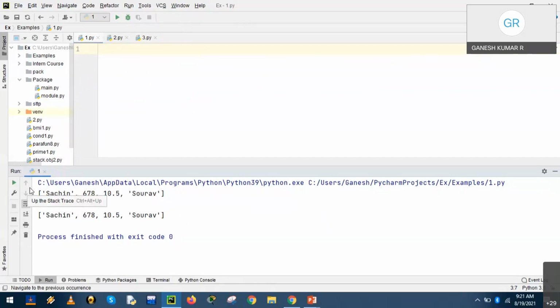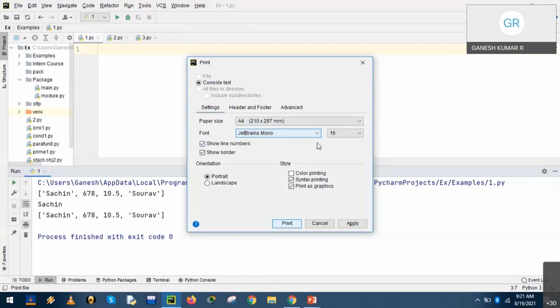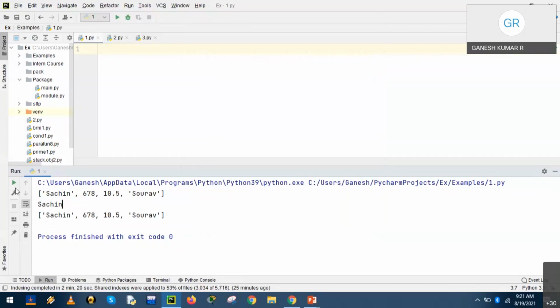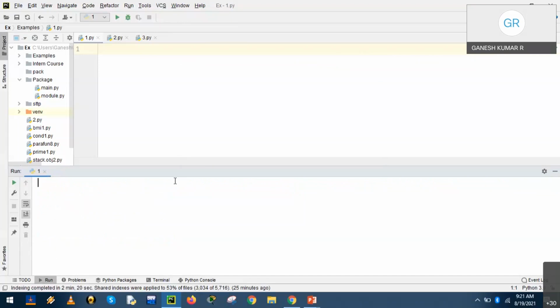Can you notice the upward arrow, downward arrow, and word wrap? We have scrolled to end and print options. If you would like to use it in the future for reference, we can select print, which will direct it to the connected printer, and we can have a hard copy. Otherwise, if the output is no longer required, the last icon, clear all. By clicking it, the existing output will be erased and removed.